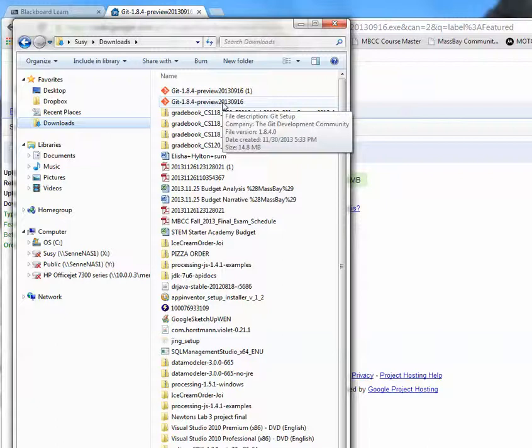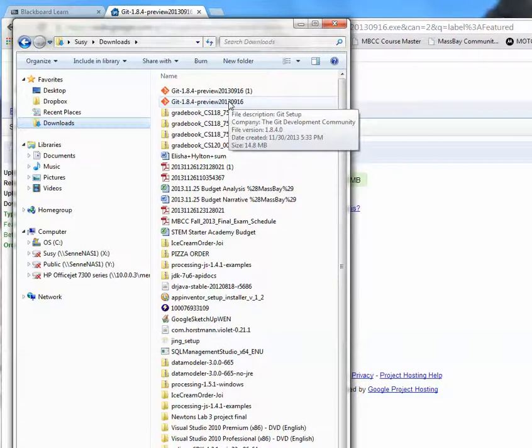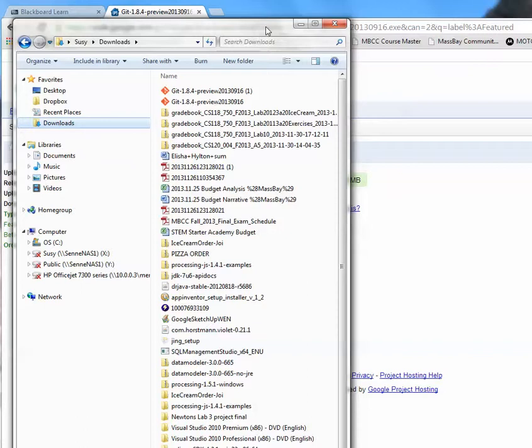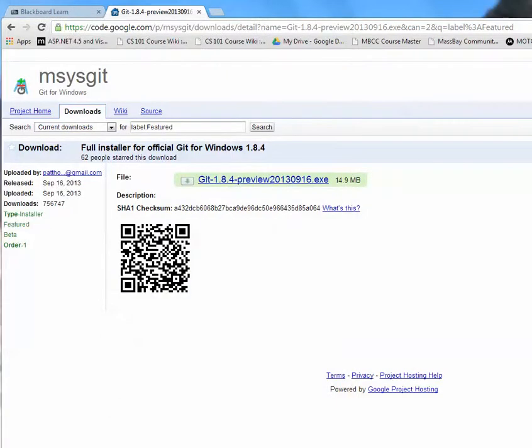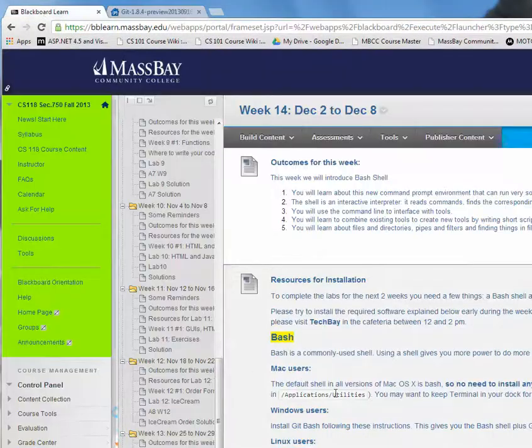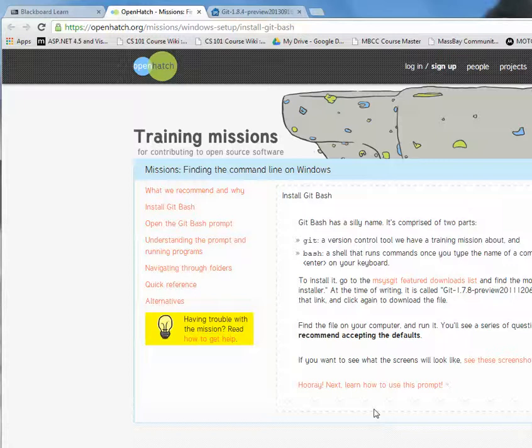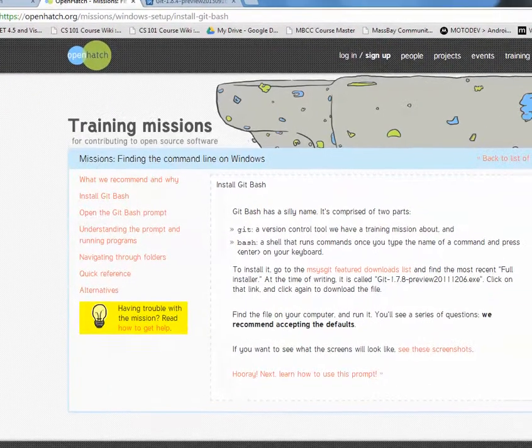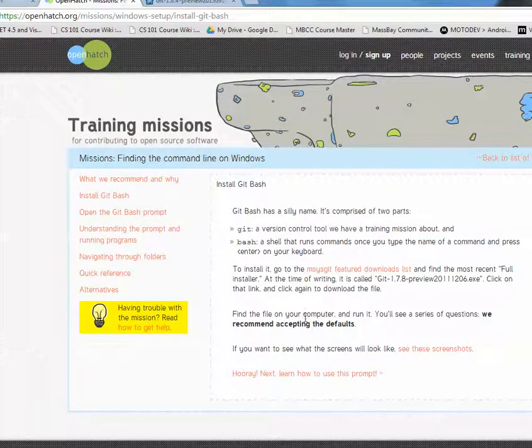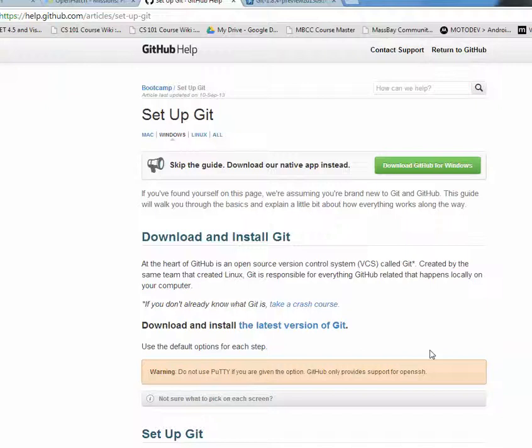So what you want to do is double click on this, and run it. Now, to see the kinds of windows that you're going to see, I'm going to take you back to the instructions here, and you're going to notice that you can take a look at some of the screenshots. If you want to see the screenshots, you're going to click on this link, and it's also going to talk about Git, which we don't care much about,